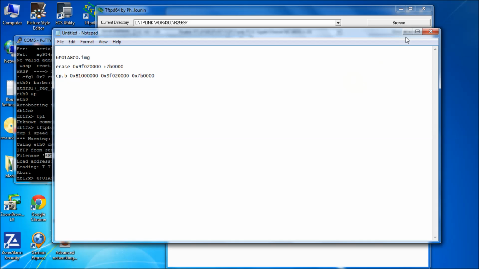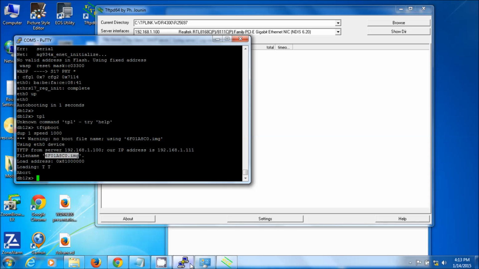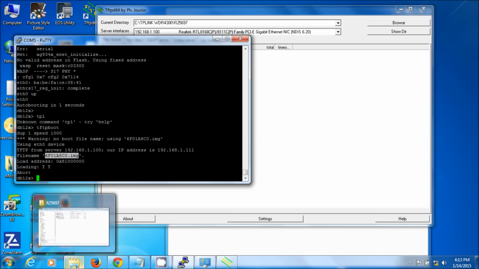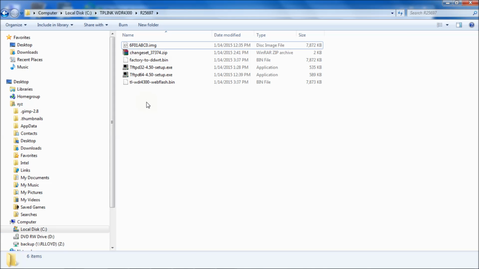Okay, so why that's important is because that's the file that the router is automatically going to go find when you type TFTP boot. So what we need to do is rename one of the two files we downloaded to that name. So let's go back to where we stored our two files that we downloaded, the factory-to-ddwrt.bin and the web flash bin. Now the one you want to rename is this one. Okay, it's the